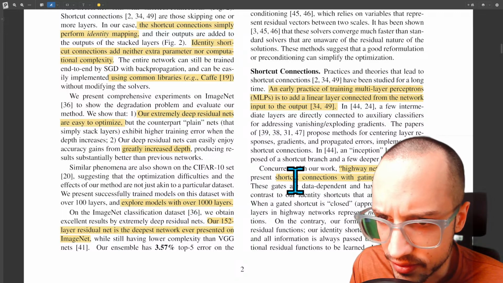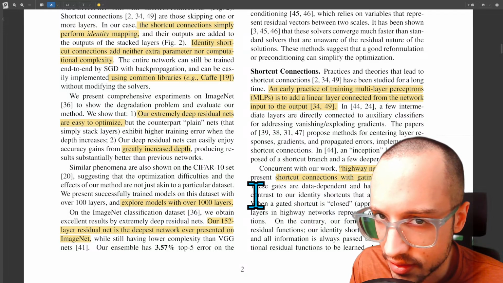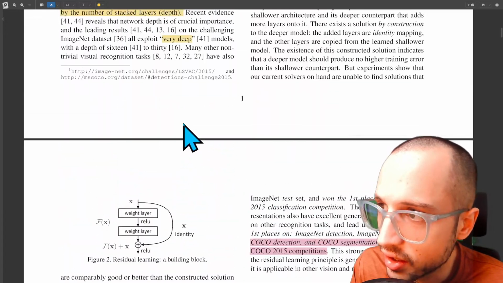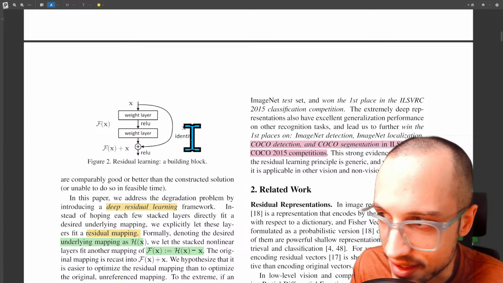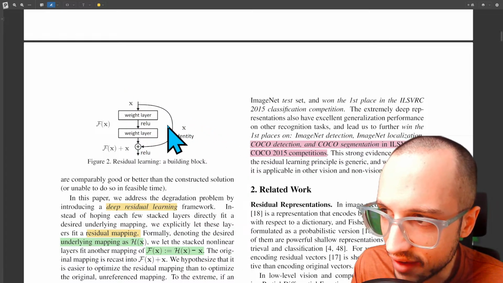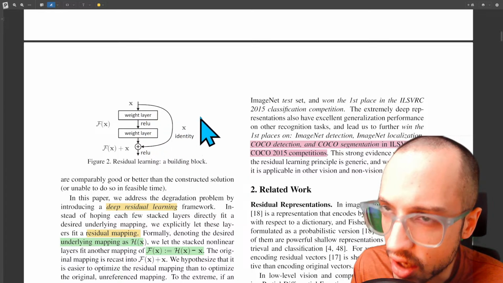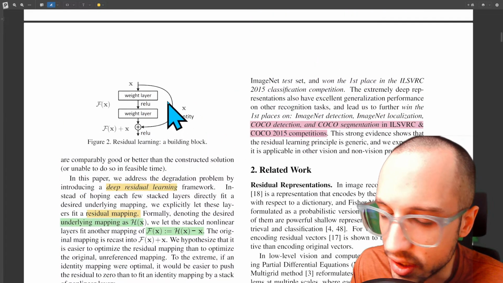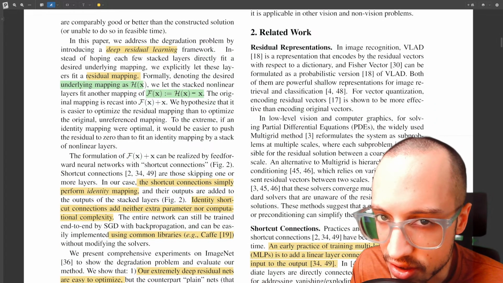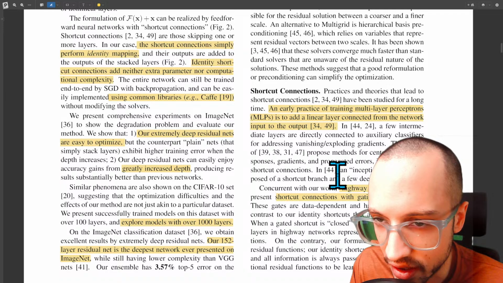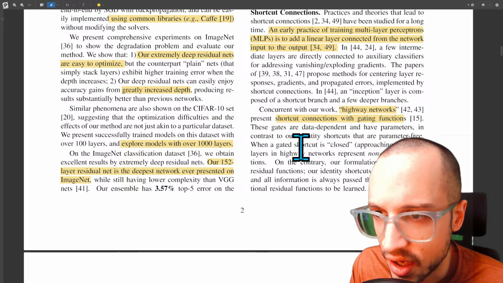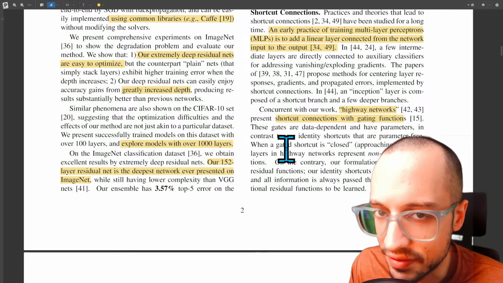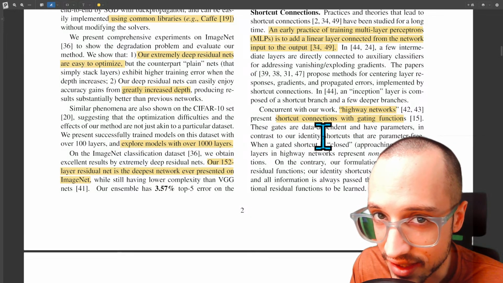And it seems like these have data dependent parts. Here, you're just using the identity, which basically means you're not doing anything. You're just taking this X and applying it as is. But you could have some kind of parameterized logic here, right? Maybe if the X is above a certain magnitude, or if certain parts of X are above some threshold, and they're calling these gates. But the problem with that is that now you're going to have parameters that specify the behavior of these gates, and it's not worth it.